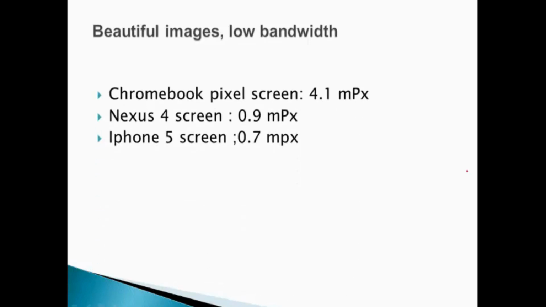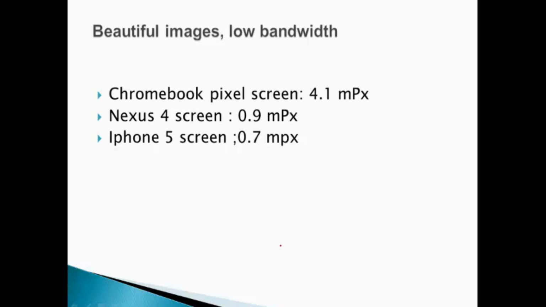But a full screen image for a Chromebook Pixel is 4.1 megapixel, whereas on a Nexus 4 it is only 0.9 megapixel. The iPhone 5 screen has 0.7 megapixel. The best size for images is very different on each of these devices.